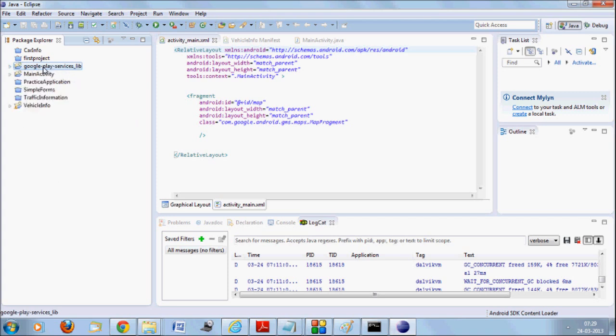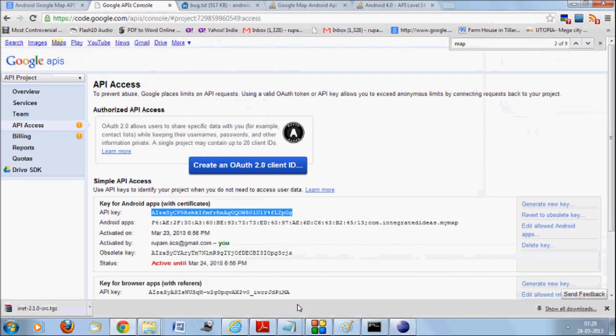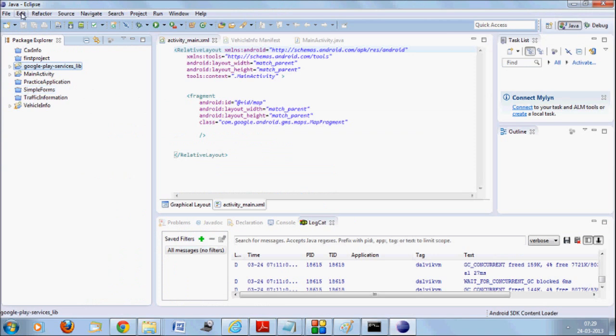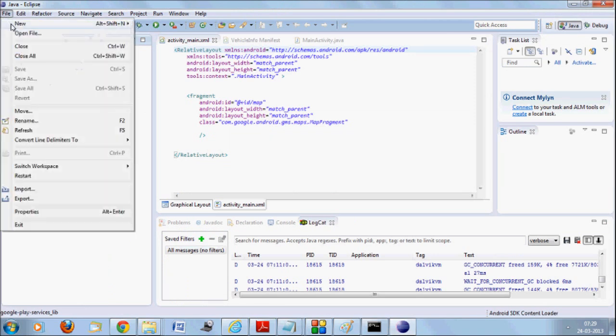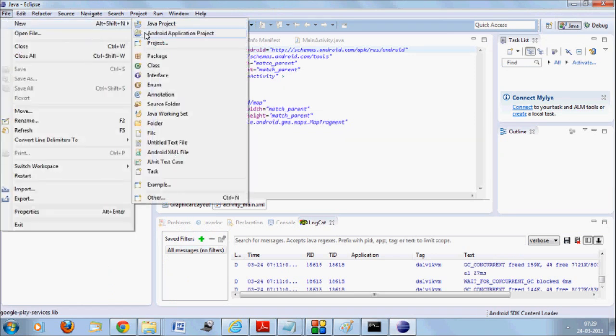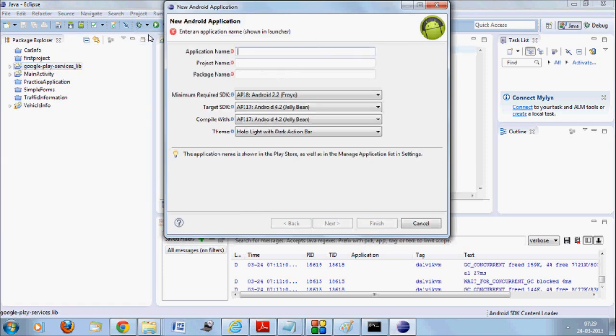Now I do need to start up with the project, and as we had seen during the generation of API key, my project should be with the name com.integratedideas.mymap. Now how am I going to do it? File, new, Android application project, application name mymap,